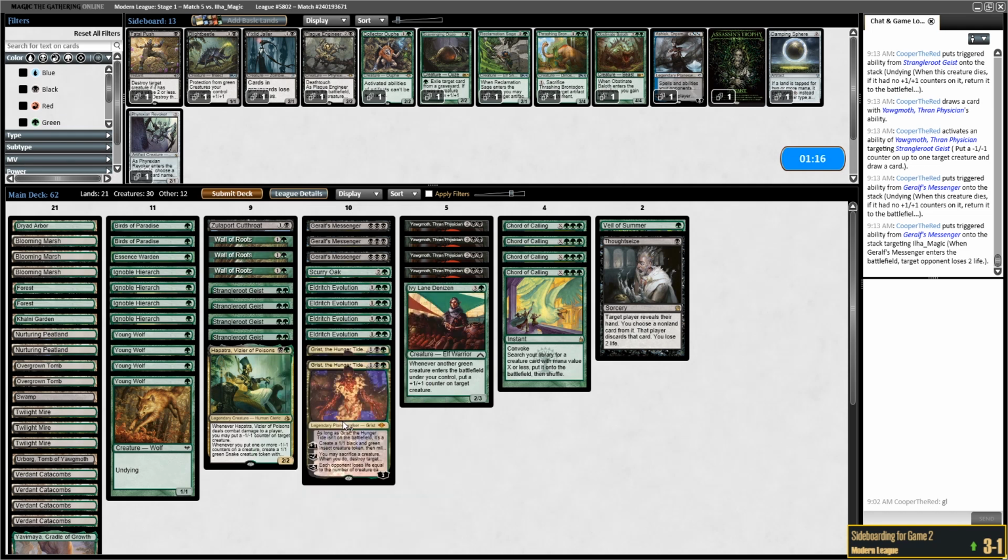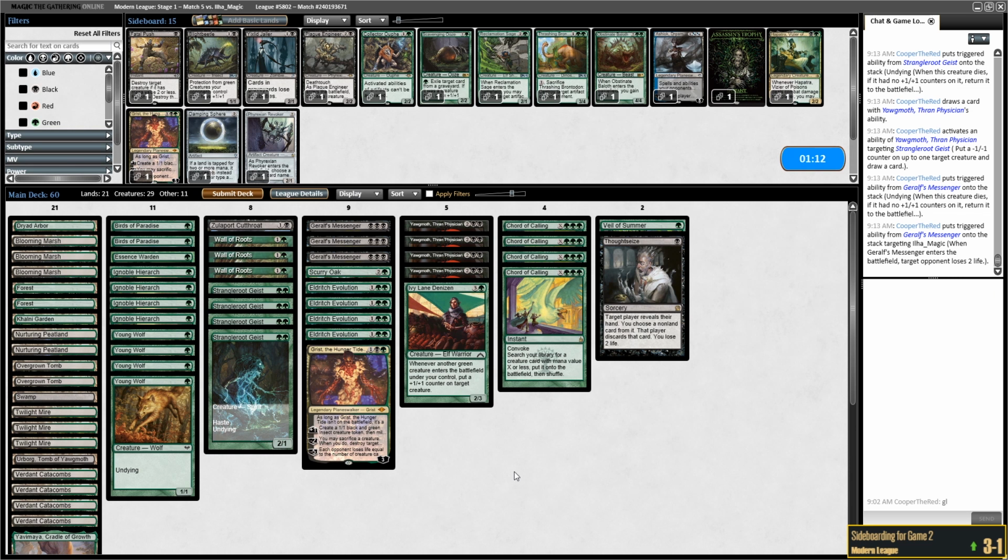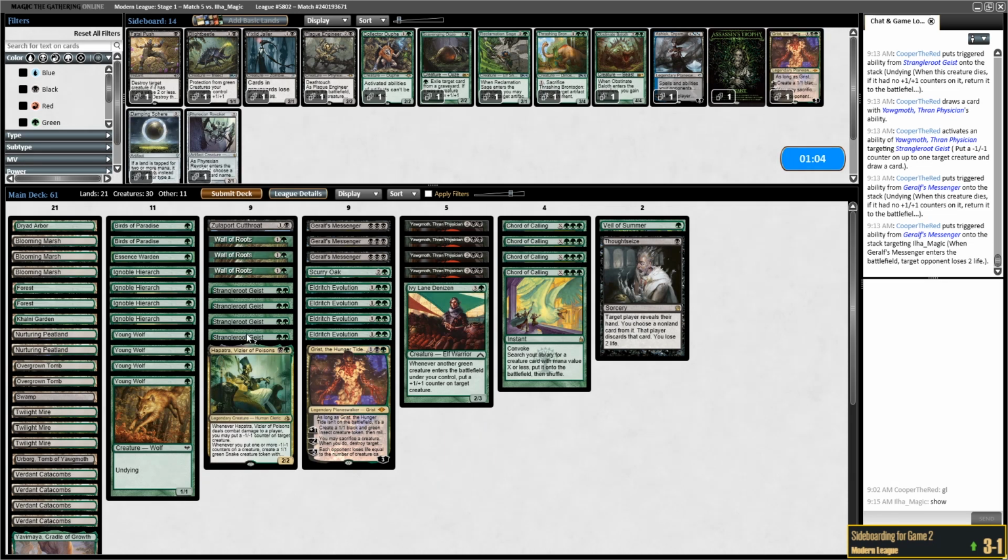So I think Grist here is not that great. Neither is Hapatra. I'm wondering, actually, which is better, Grist or Hapatra? Because at least Hapatra can do combo things. But if opponent